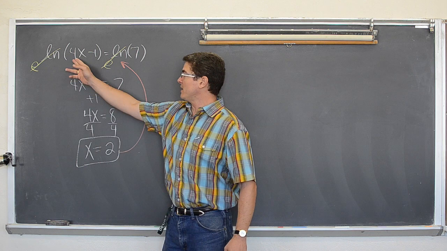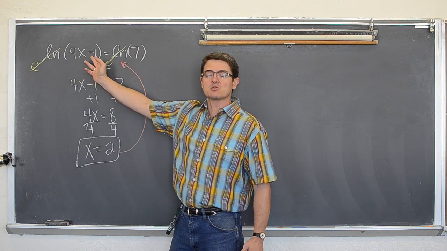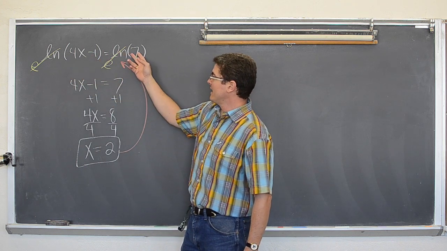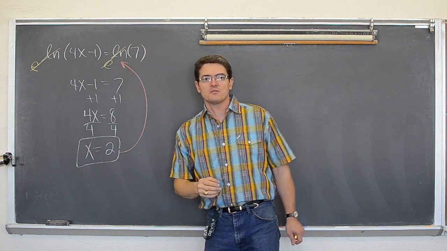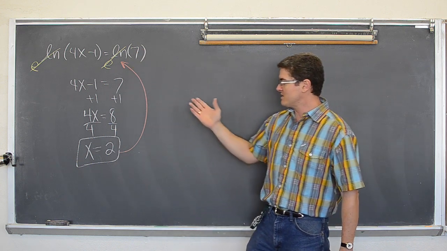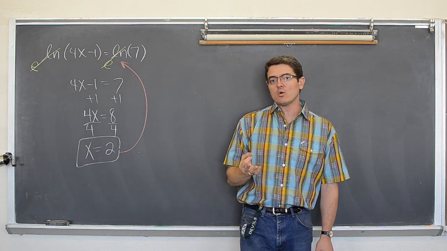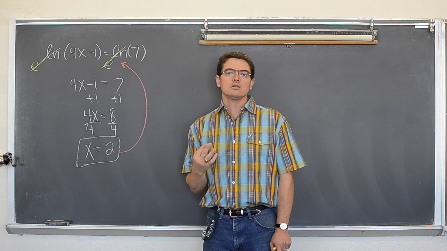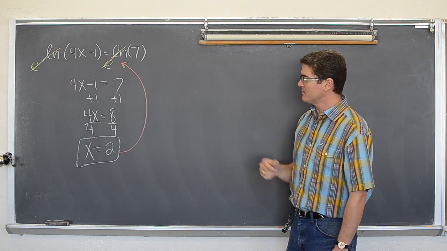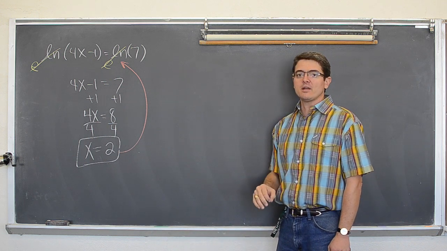So take the 2, plug it back in. 4 times 2 is 8, minus 1 is 7. That's positive. And of course over here we always have the value of 7. So indeed, when we take the value of 2 and plug it back into the original problem, we are able to work it out because we are not logging a negative number. So 2 is the answer. It will check out and we're good to go.